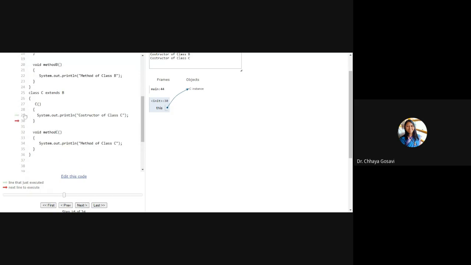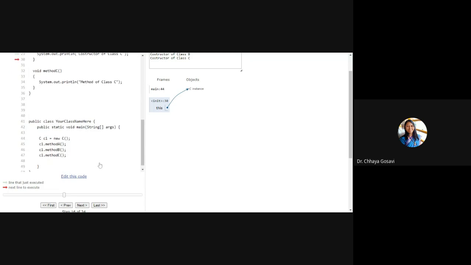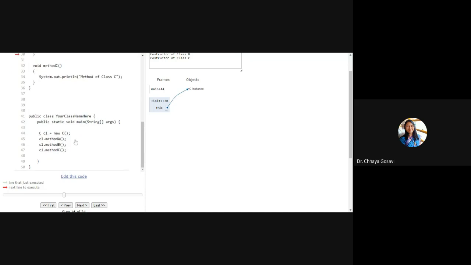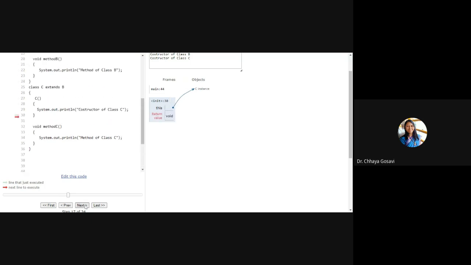And all these three constructors are executed for this single line, when you create an object of the derived class.